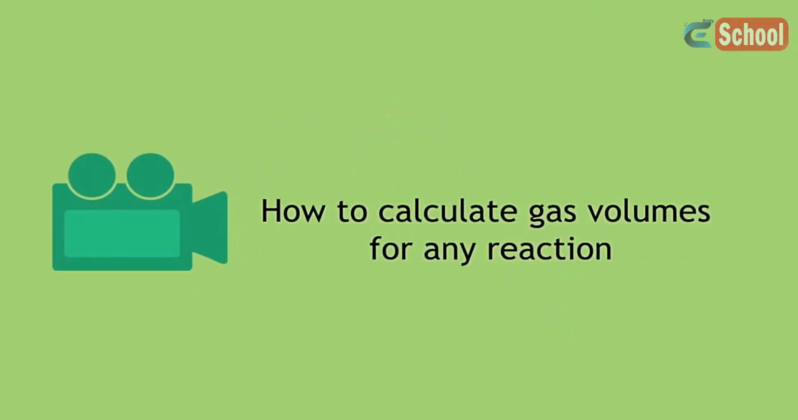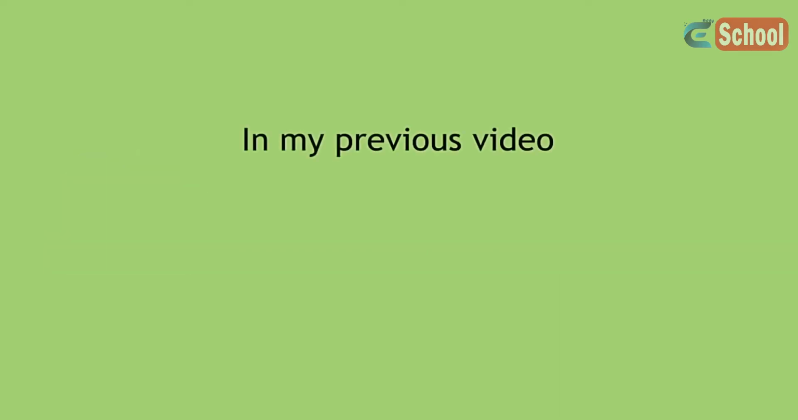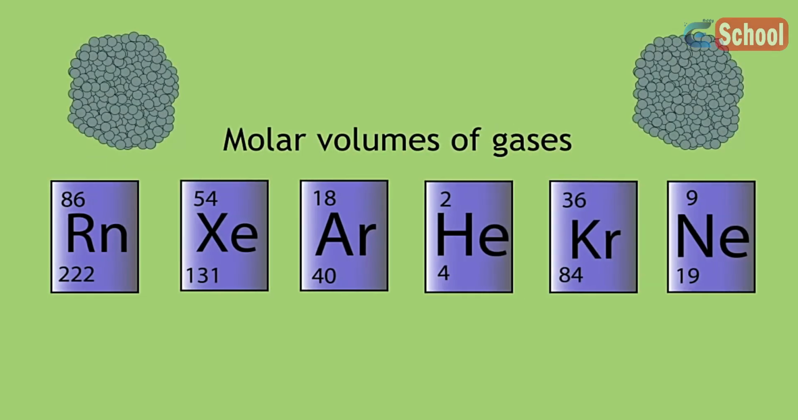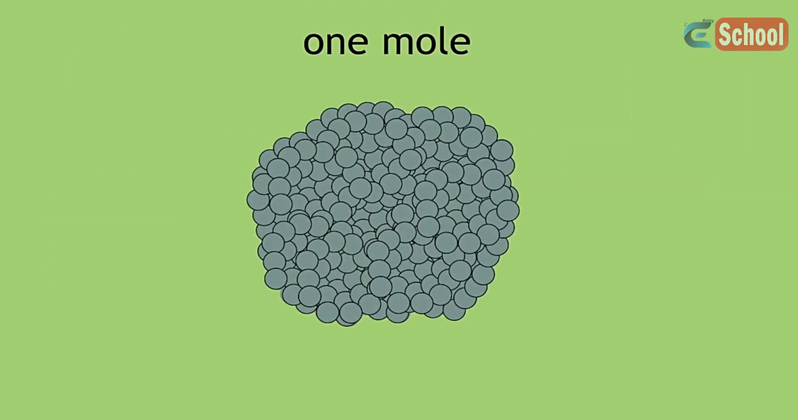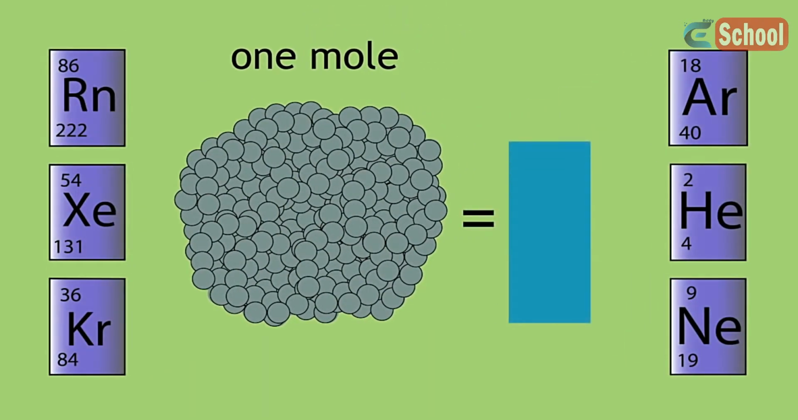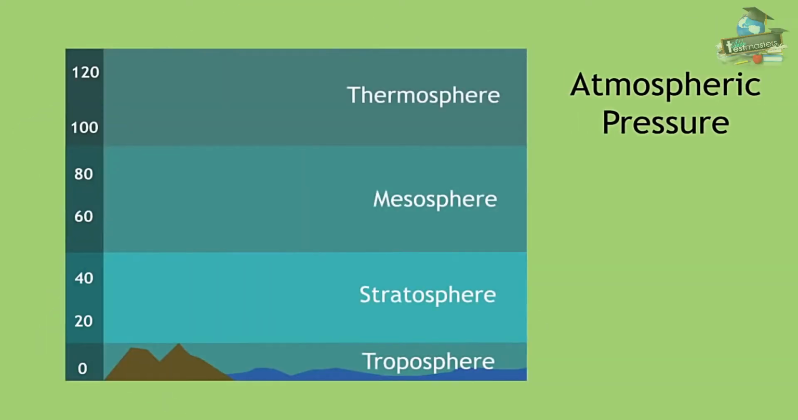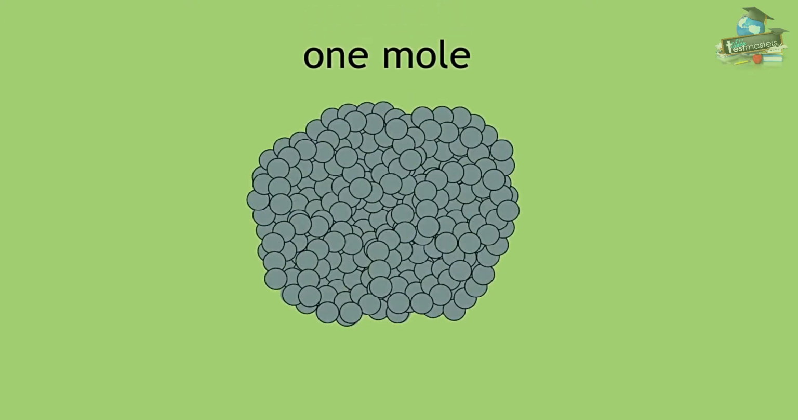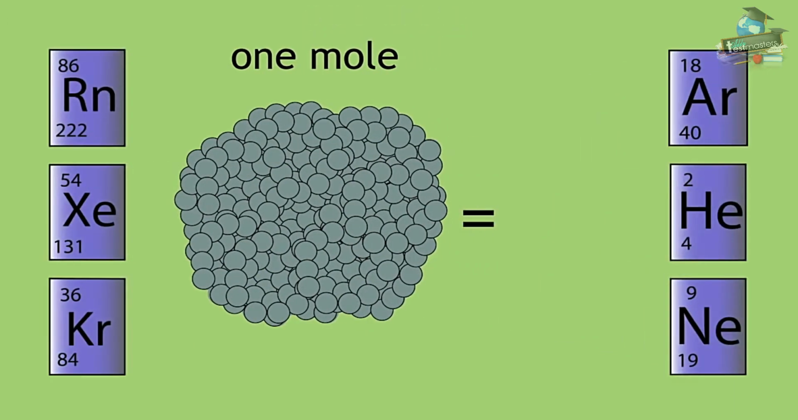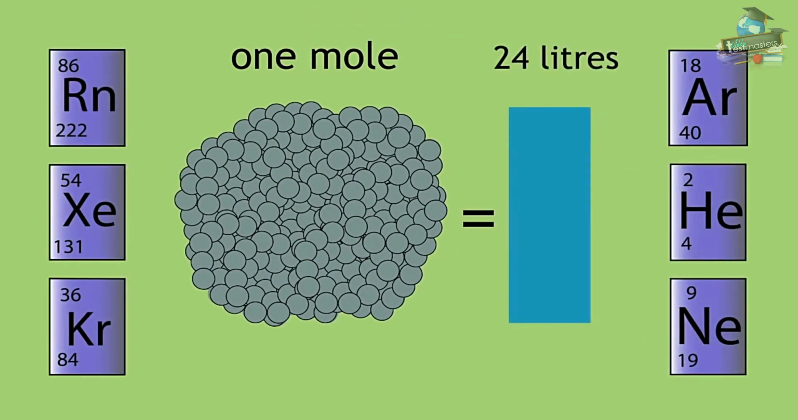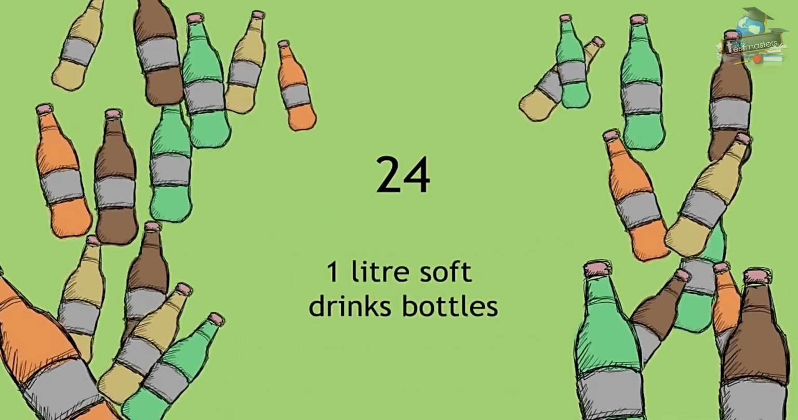In this video, we're going to learn how to calculate gas volumes for any reaction. In my previous video, molar volumes of gases, you found out that 1 mole of any gas occupies 24 litres. This is the same for all gases at room temperature and atmospheric pressure. So, if we know that 1 mole of any gas occupies 24 litres, think 24 1 litre soft drinks bottles,